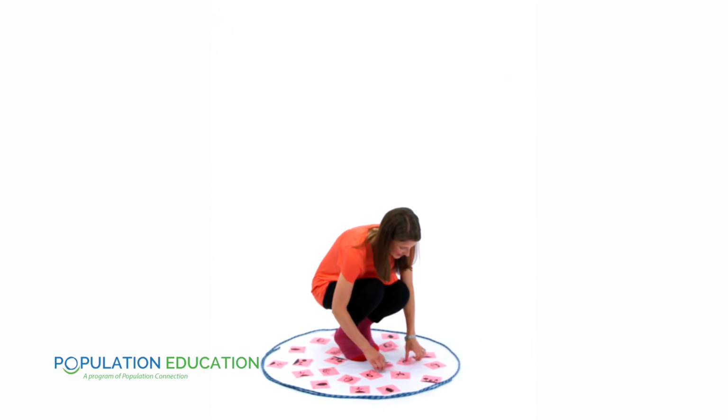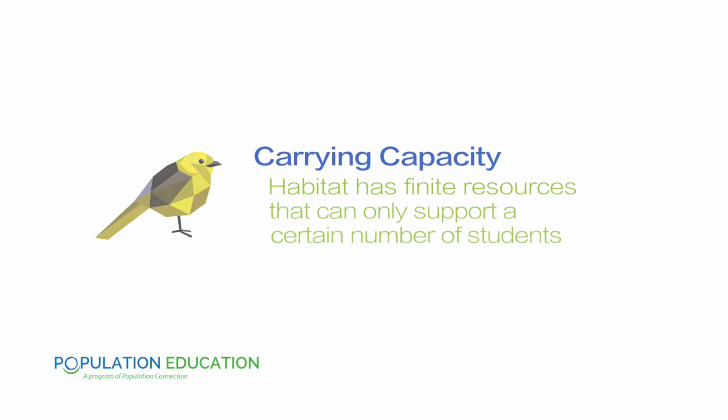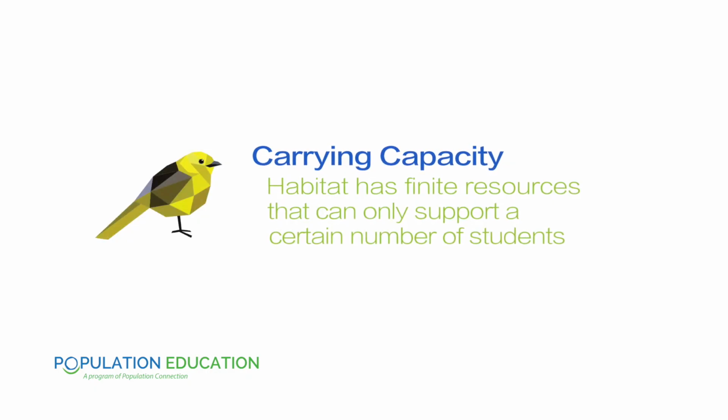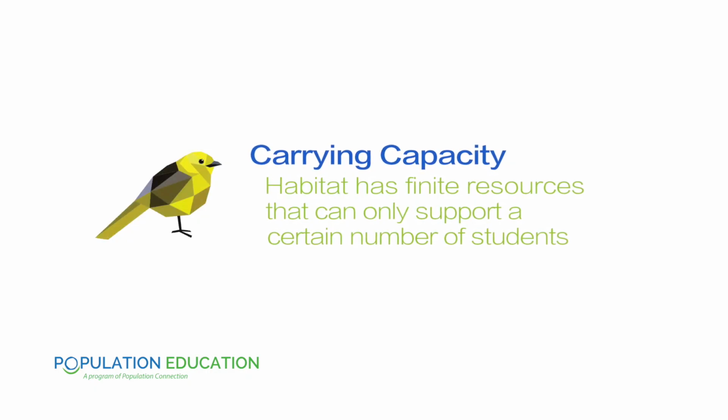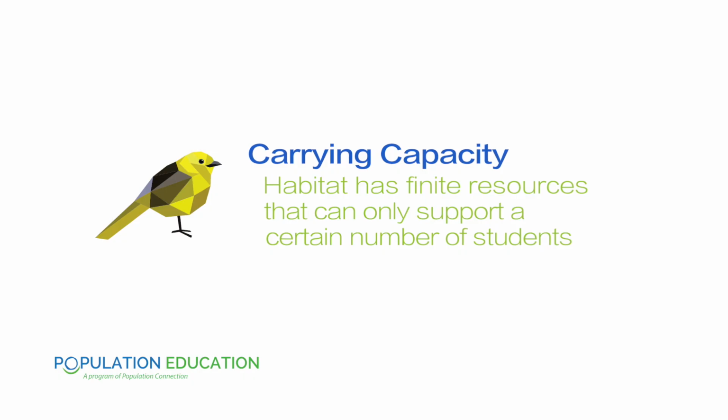At this point, you, the teacher, will remove an entire habitat. When students return, some of them won't have a habitat or resources to survive. Ask the students who are in a habitat if others can join. And what will happen if other species join their habitat? Well, there wouldn't be enough resources to go around. This is a great example of carrying capacity because the habitat has finite resources that can only support a certain